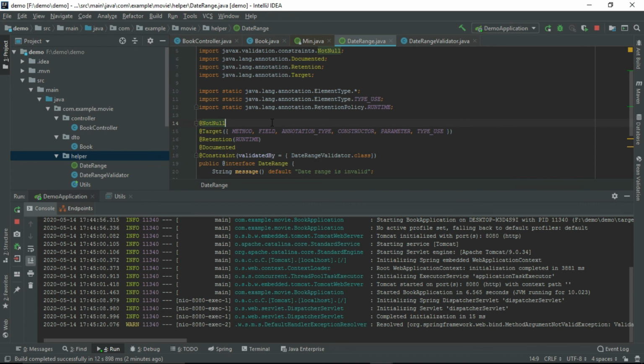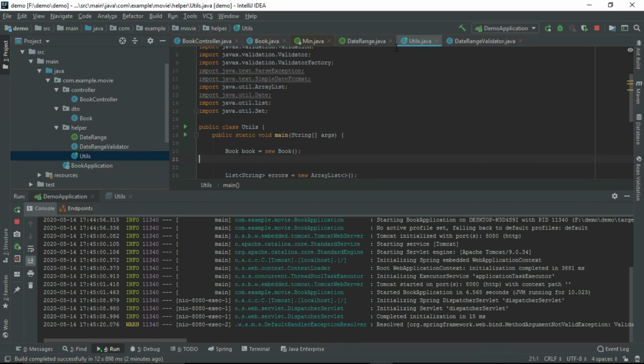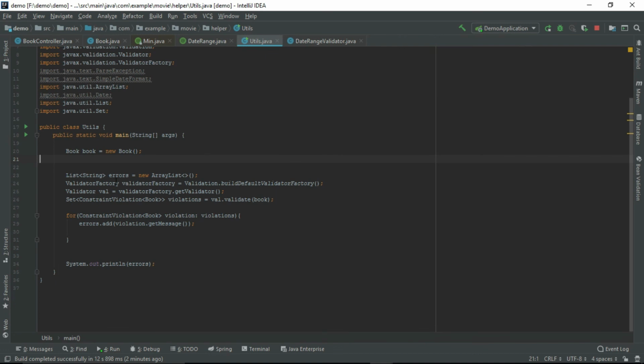In future we'll see something else, and you can do a similar thing in Java also. I'll just show you the program. This one. It's a bunch of code which is common for all the validations. I'm creating a validator factory, and I'm using the validator.